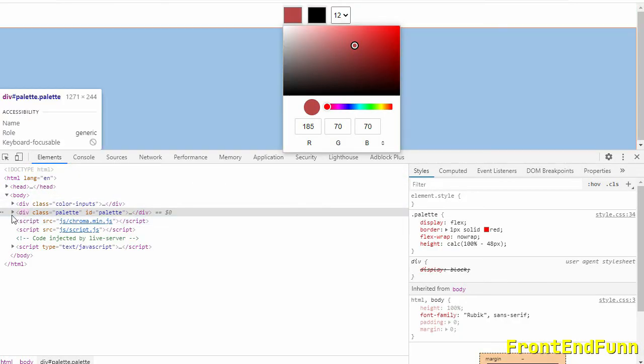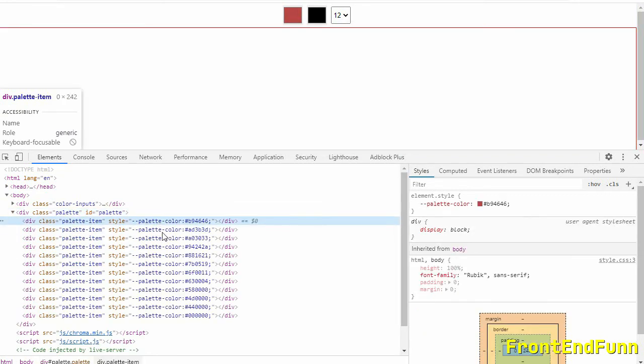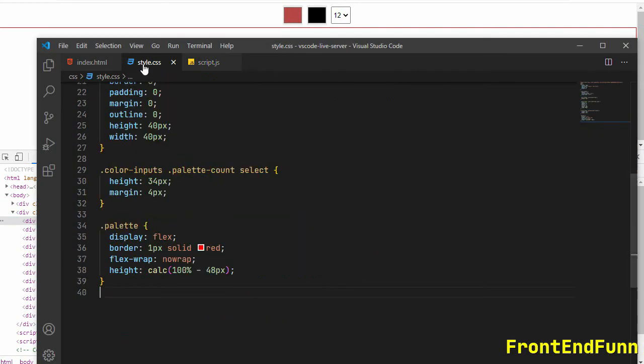So if you see here, these are the different palette items with different color properties here. Okay, so let's style this palette item. I'm just going to style.css and selecting the palette item.